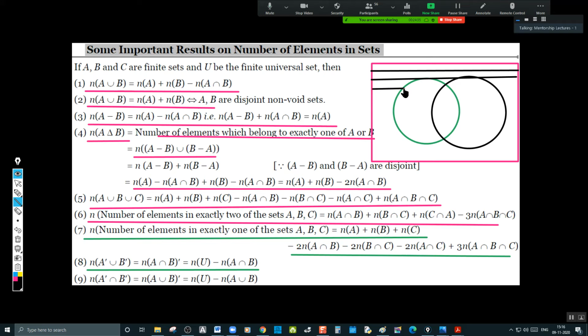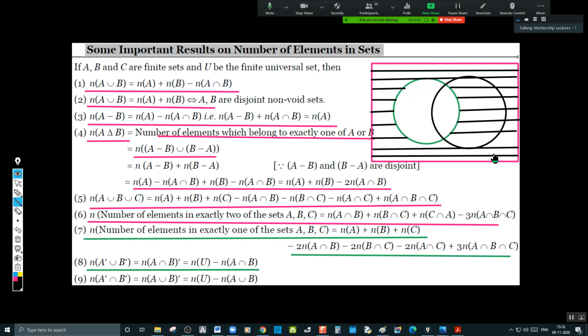Not A. A should not be there. Not A. This is not A. Not A, please. A should not be there. You have to understand A complement, and then next what he's saying is,